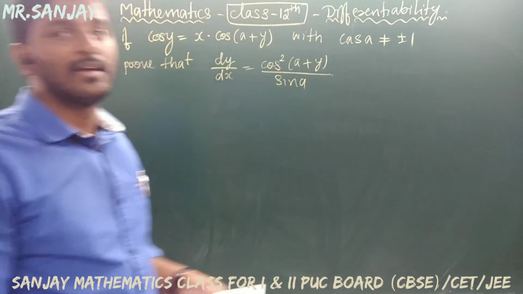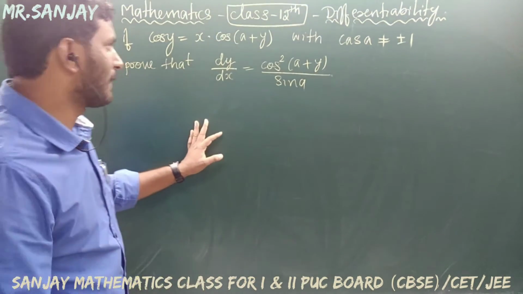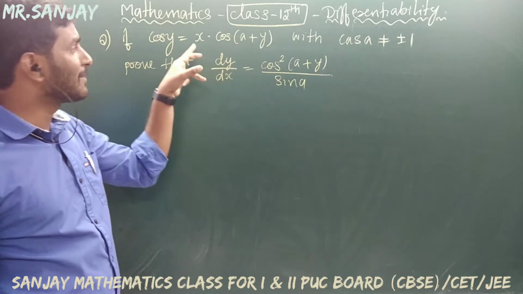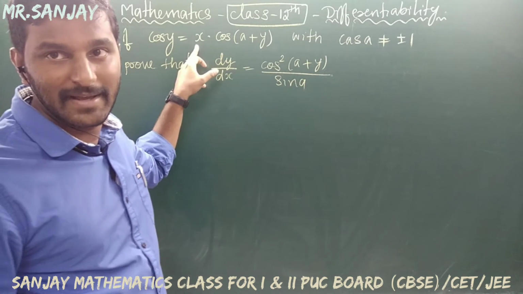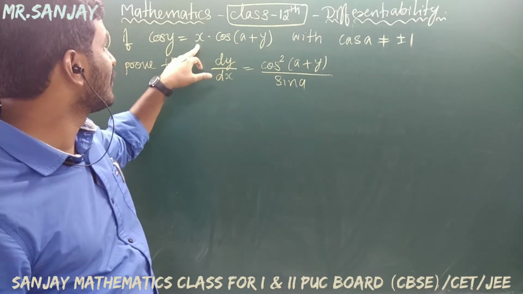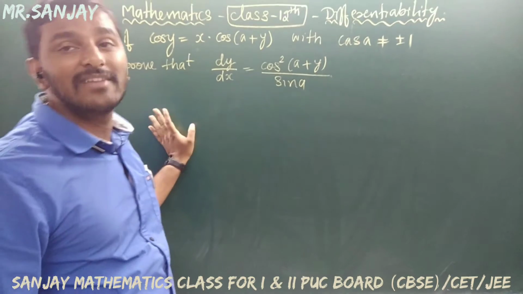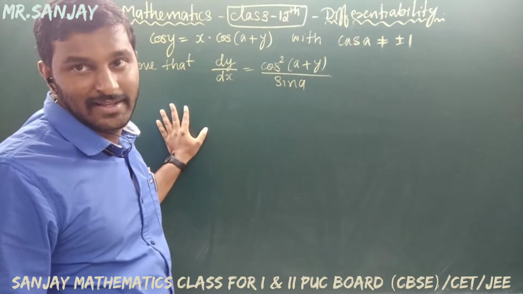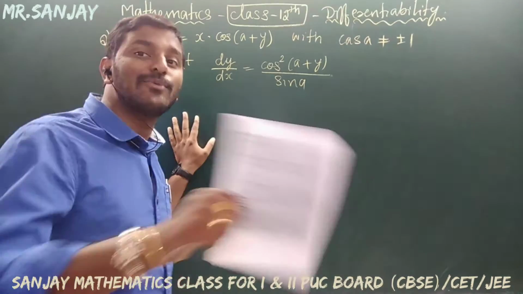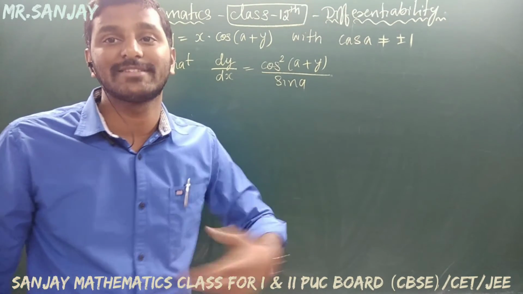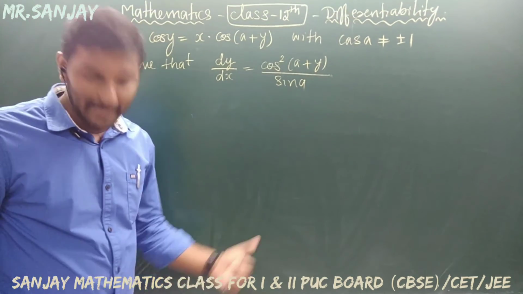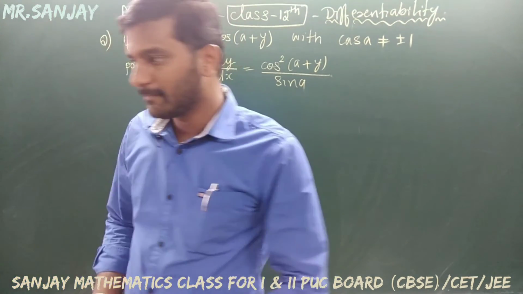Here we can't separate the y variable, but we can separate the x variable. Correct? X is equal to cos y divided by cos of a plus y. Correct? After that, differentiate with respect to y. You just differentiate with respect to y. After that, we can reciprocate, we'll get the answer. Try it. I'll give you 1 minute time. Quickly.